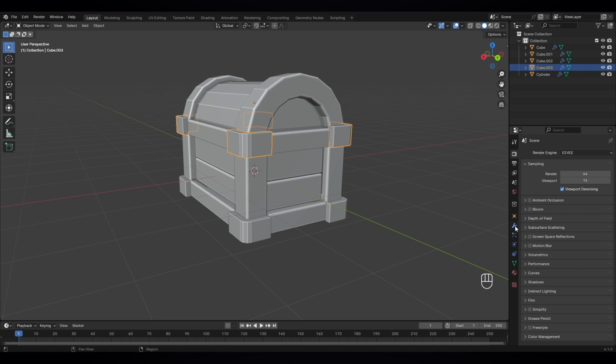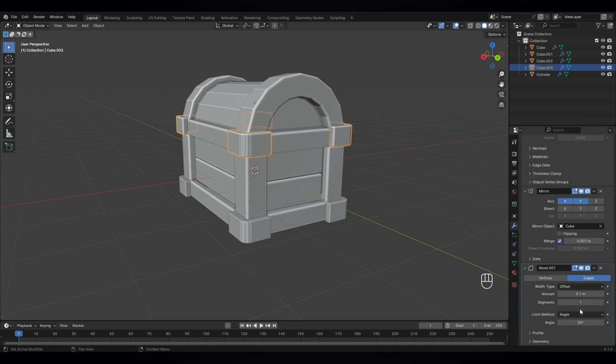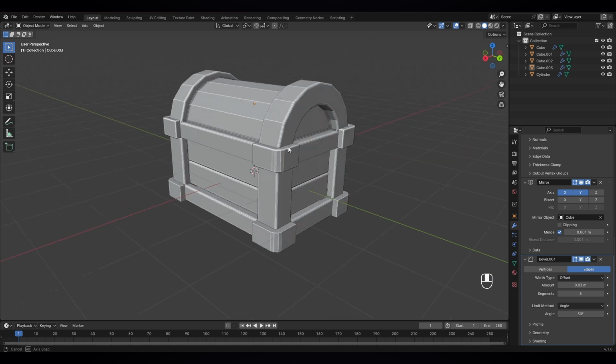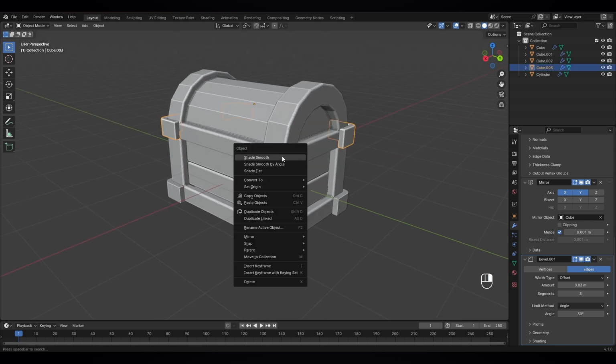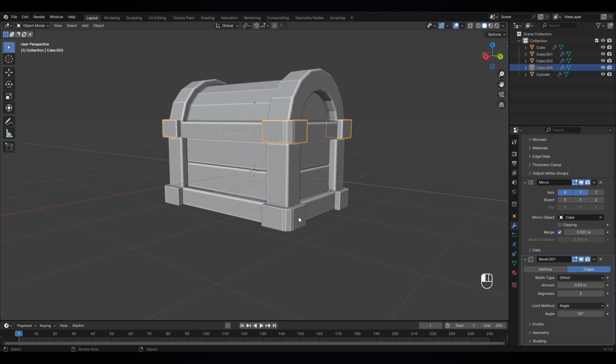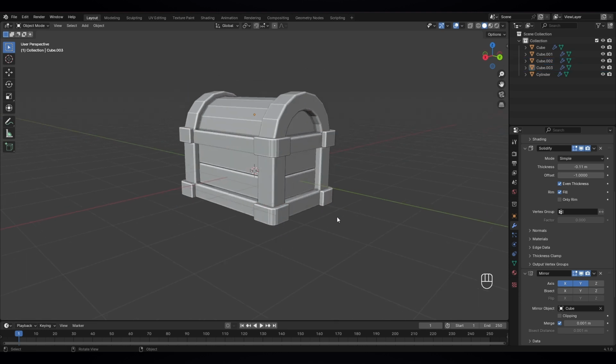I mean, go here, add bevel 3. Let's move the amount also to 3, and select this and Ctrl L to copy the modifiers to this one also. Okay,